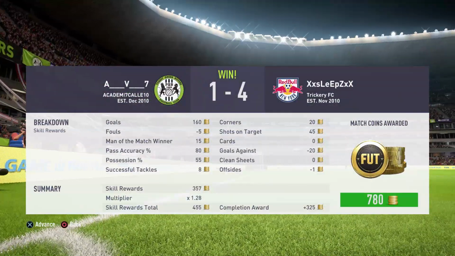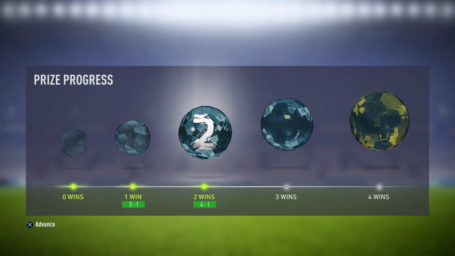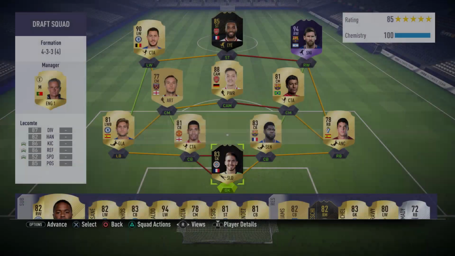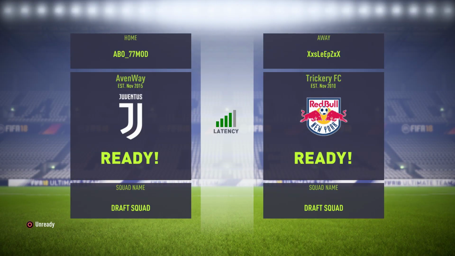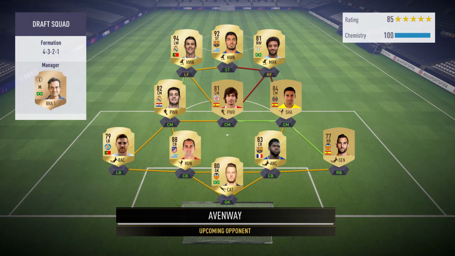Those look like opportunities that, if I didn't have that keeper, I feel like the goal would have just gone flying in. So I'm very impressed with my goalkeeper so far, and I'm definitely glad we managed to get him in this draft. So we move on to the semifinals, and our next opponent has a 4-3-2-1 with Suarez,